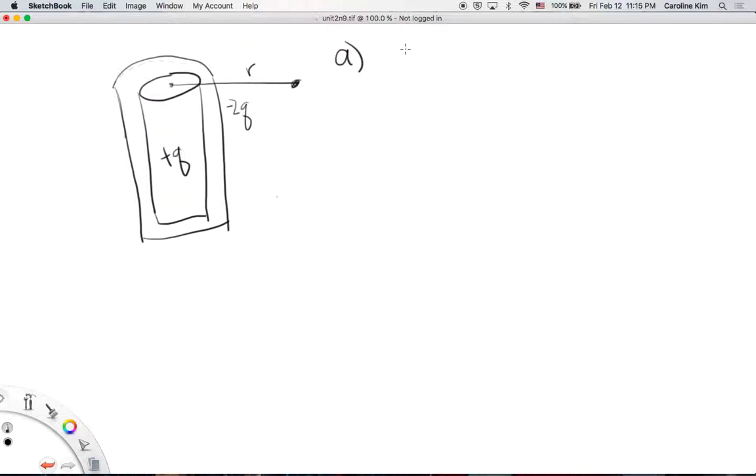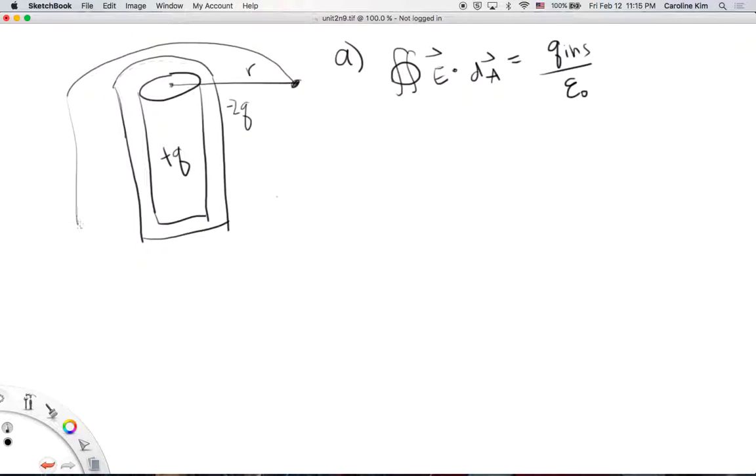So Gauss's law states that the integral of E dot dA equals the charge inside divided by epsilon. So if we draw a Gaussian surface as a cylinder around that whole system,